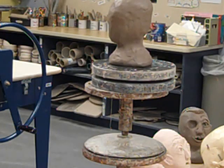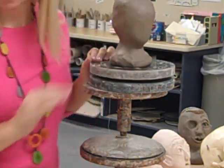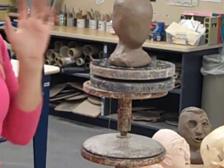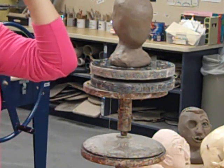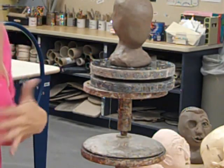All right, so, hello, Crystal. Nice to meet you. Let's figure out where Crystal's features go, okay? So, first thing we gotta do is lay things out on the face. If I just start sculpting, it's gonna be really disappointing because I put it on there and I realize, oh, the eye is here. I wanna lay it all out so I know everything's in the right spot and so I get my proportions